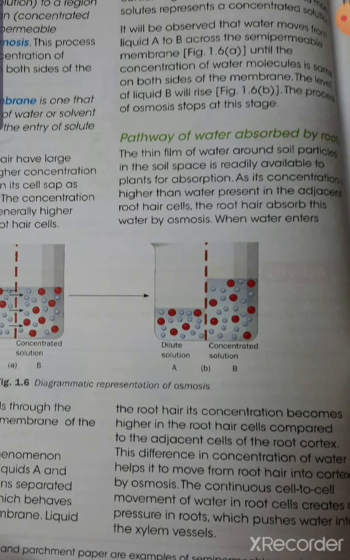and ultimately it will transfer into the xylem. When it transfers into the xylem vessel with the help of root pressure, as there is an exchange of pressure from cell to cell, this root pressure helps the movement of water molecules in the upward direction through the xylem tissue, and the water will be transported to different parts of the plant, like the shoot and the leaf.